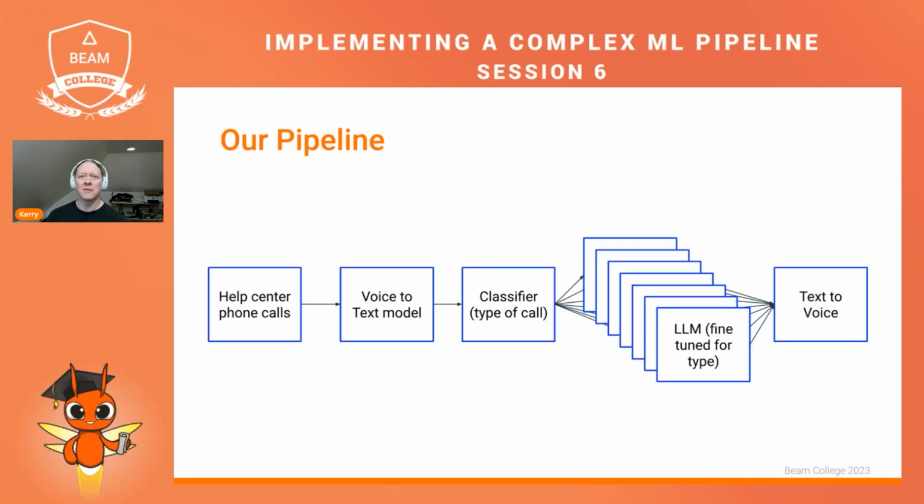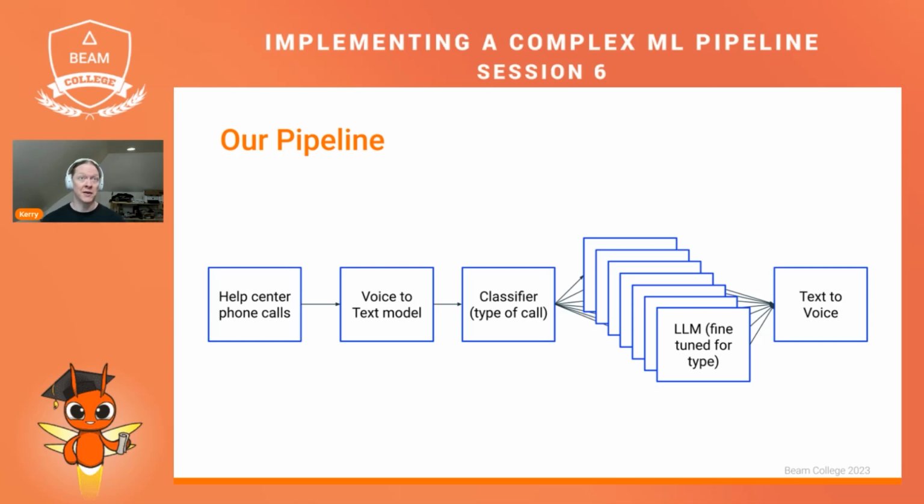So our pipeline follows this fairly simple pattern of doing some inference, using a classifier to then send data to different models and collecting the output of those models and then doing another transformation or another inference on the output, assuming that all those models are essentially fine-tuned. They accept the same inputs and give the same outputs, but they're fine-tuned to different use cases represented by those